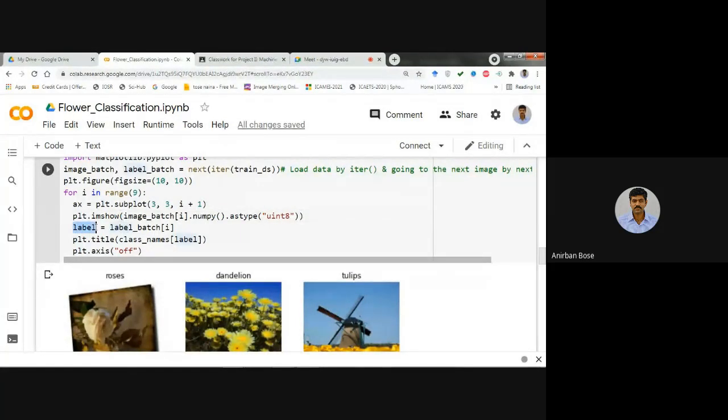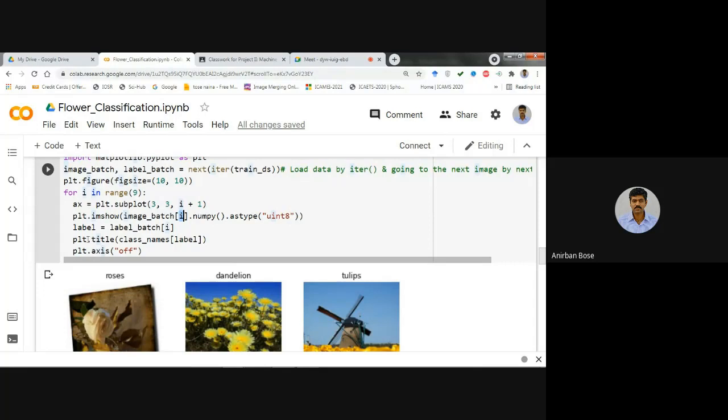And the label is already stored in the label batch, so simply give the variable name label, and that basically contains the label batch corresponding to that figure which is in the 0 position. So initially i will be 0, then 1, then 2, like that.